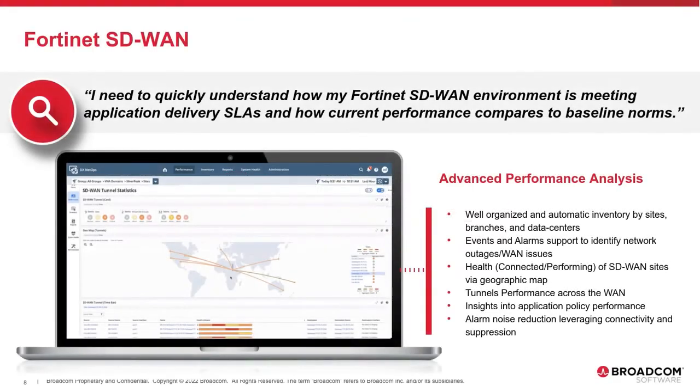So the final piece we're going to look at today is what we're doing around Fortinet SD-WAN. Fortinet is a very big SD-WAN vendor. They have a significant market share. They do a really good job. So we wanted to be able to integrate with their SD-WAN solution to bring that into our SD-WAN ecosystem, give